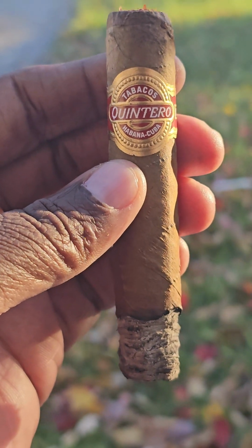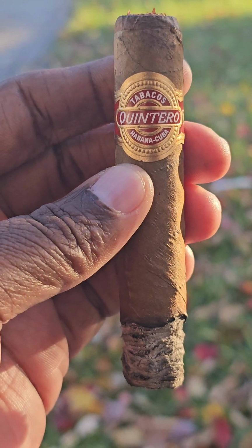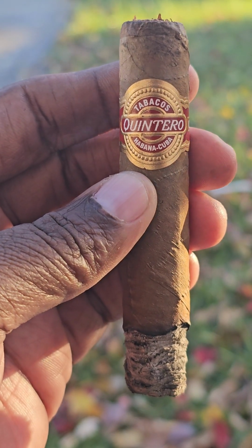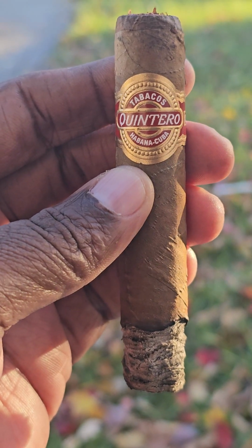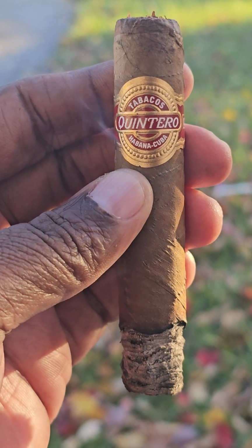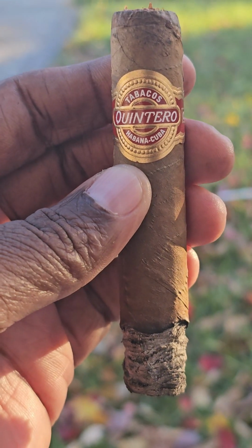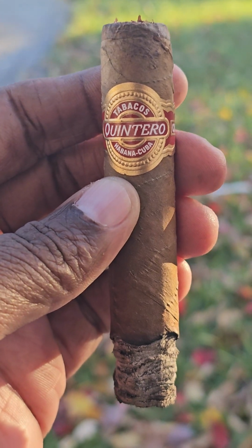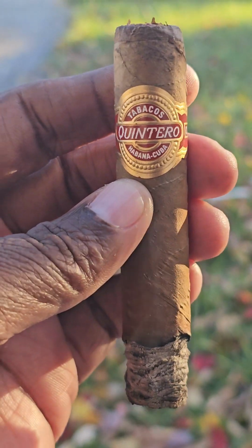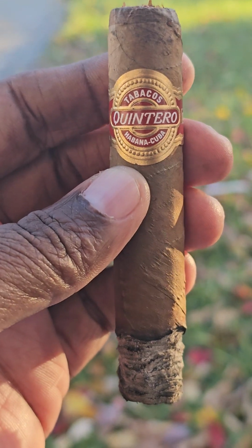Now, let me tell you, the cigar is delivering greatly. You're going to get a strong, musty earth, followed by a strong, sweet cedar through the retrohale. Now, the smoke itself is creamy. It doesn't tend to linger long on the palate, but it is very creamy,